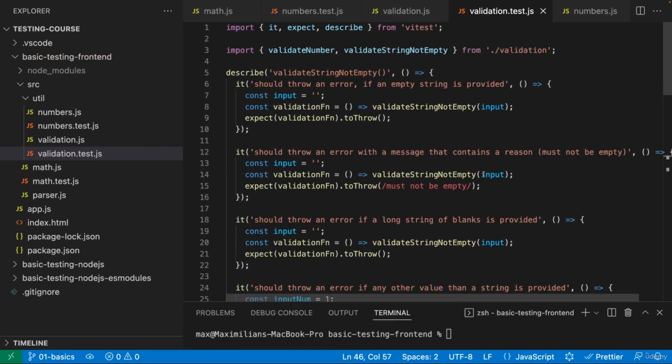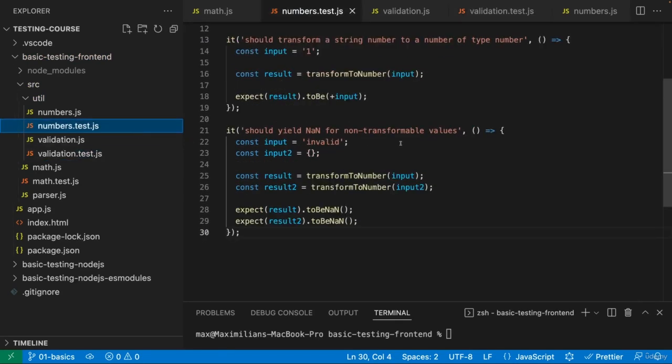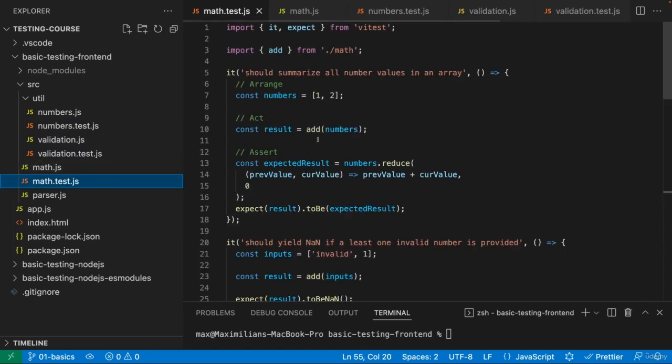And that's it for this basic introduction. You did now learn how you can write tests. You learned about the AAA, the arrange, act, assert pattern, which allows you to set some values, run your function that you want to test, and define your expectation. You learned about expectations, what the idea is, and how they are executed to determine whether a test passed or